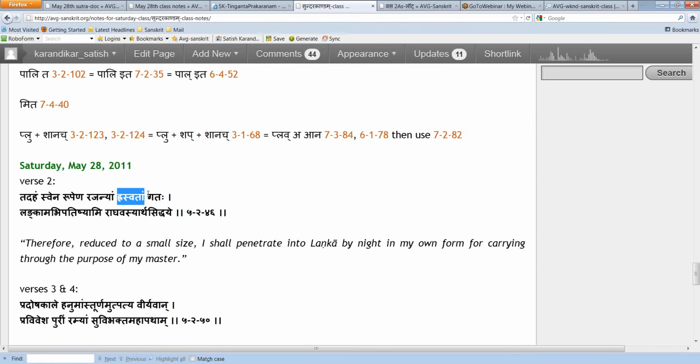I'm sorry. Karmani dvitiya means that dvitiya can come there only when you have the active usage. Otherwise, you cannot have active. When you say Ramena Vali Hataha, passive usage, that Vali becomes Abhita, it becomes Prathama. So the fact that you have karma and dvitiya here means that gata should have been active, which you already saw about 3472. So tad aham svena rupena, therefore, with my own form at night, but in reduced,